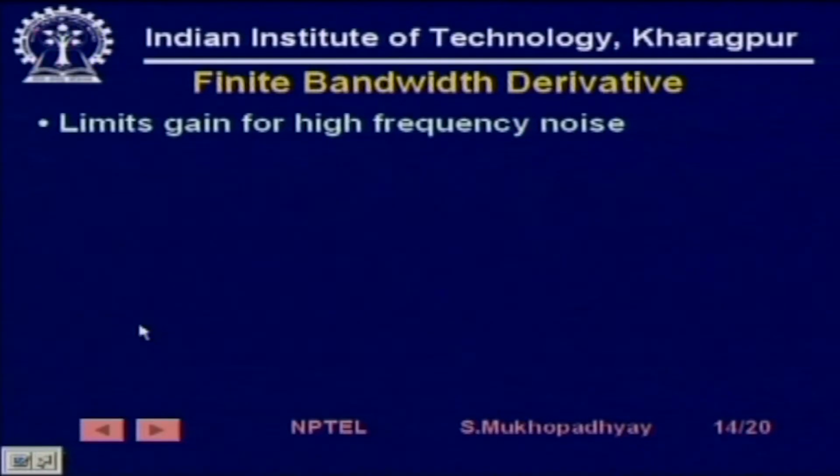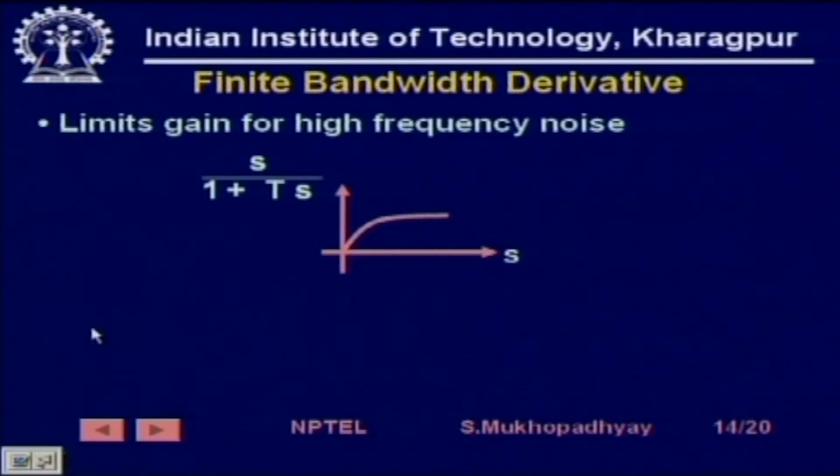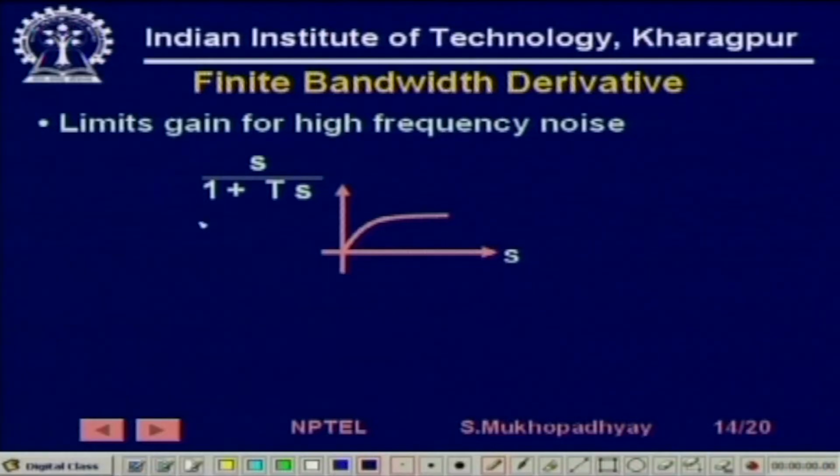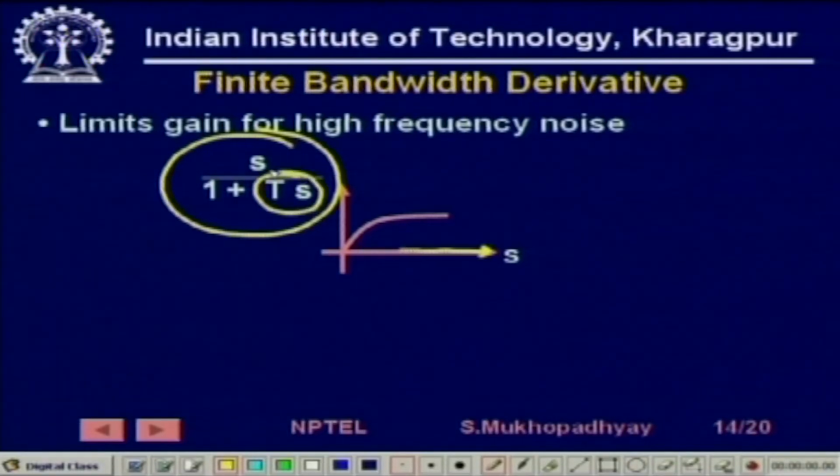So to do that, the transfer function of a derivative is s. If we now consider the transfer function of the signal s by 1 plus Ts, imagine, I need to select the pen. So what is the gain as s varies, that is as the frequency varies? s by 1 plus Ts will, at low frequencies, have this term Ts small compared to 1. So it acts like